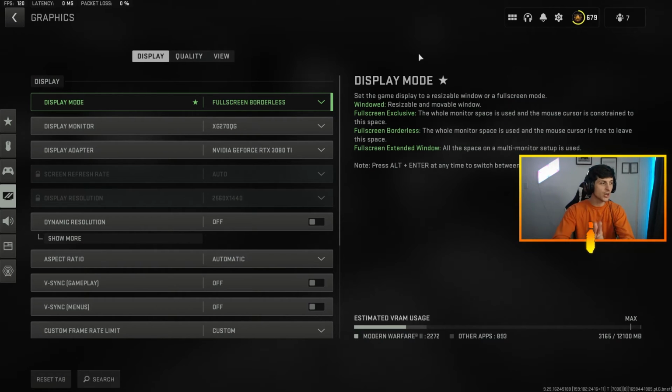Alright gang, we are jumping into settings right now. We have the best settings to get the highest FPS, and honestly, I don't understand why people will sacrifice quality for FPS in this game. Like Call of Duty, if you want to be competitive, if you want to be at the top, if you want to be one of the best, you gotta maximize everything to go towards your gameplay,